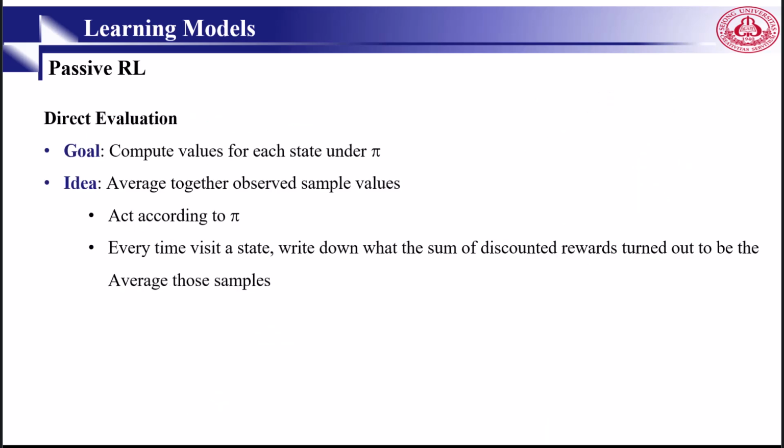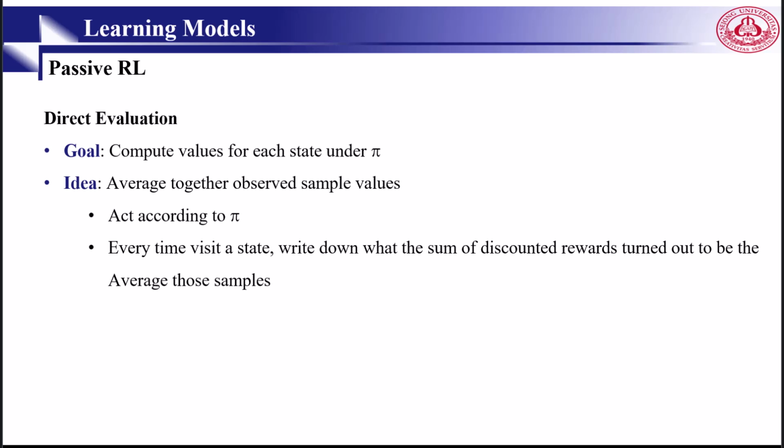So in the case of passive learning, we need to learn direct evaluation. Direct evaluation is a method that we use for passive reinforcement learning. The idea here is that we run many episodes following the given policy. We compute the total return from each state, then we find the average of their returns to estimate the state value. This method is very simple, but it requires full episodes. It means it can be insufficient or expensive.